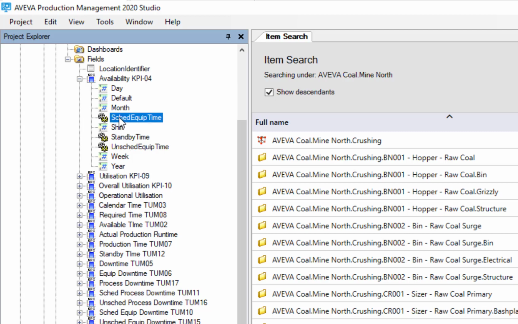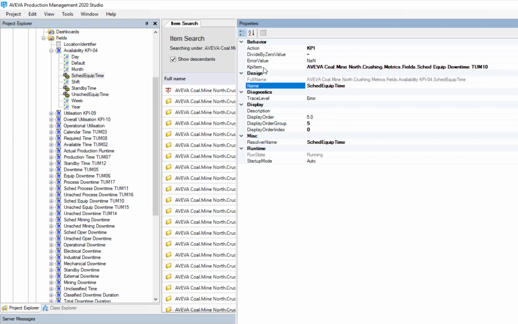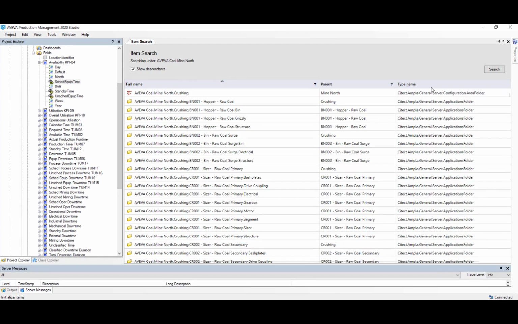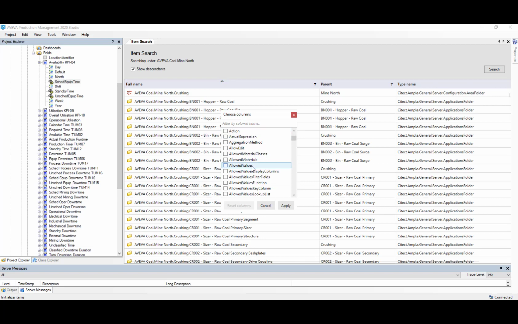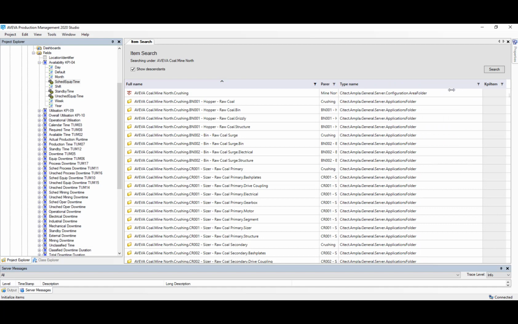If I look at that particular resolver and then go and look at the properties, I can see that I have a parameter property called KPI item. That's the item that I want to check more specifically, KPI item, so just remember that one. If we let that go now, we can add a field or a column in here, and we'll go and have a look for that KPI item. Oh, there it is. We'll add that column of data. And now if we minimize these columns here,